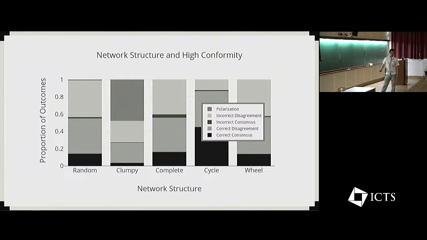The cycle, consistent with the results I showed on Monday, does better than the complete network. About half the time, it gets a correct consensus. Another 40% of the time, approximately, it gets the correct disagreement. So everyone's performing the right action. And then sometimes you'll get incorrect consensus. The wheel looks a bit more like the complete network in this case. Now, random networks,